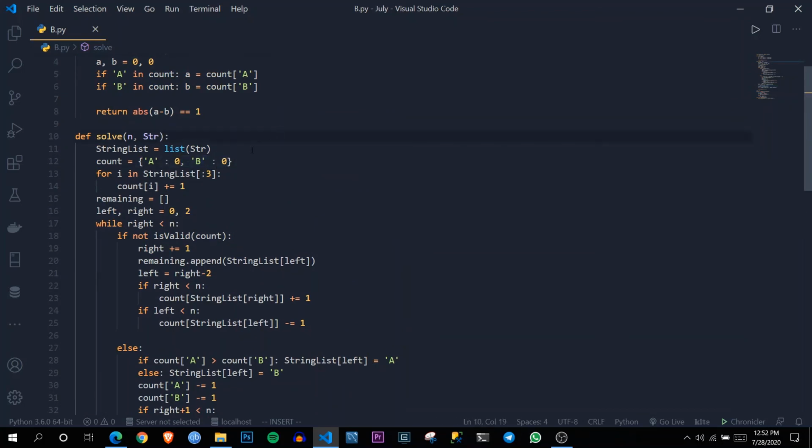Actually, you can think of the space complexity as constant also, because at most the count dictionary will be of length 2, because we only have two characters. So it is not scaling with our input. That's why the space complexity can be thought of as constant, because there are at most two elements in whatever the test case is. So the time complexity is order of n, and the space complexity is order of 1, constant space.